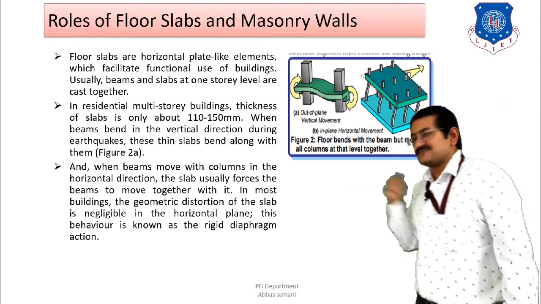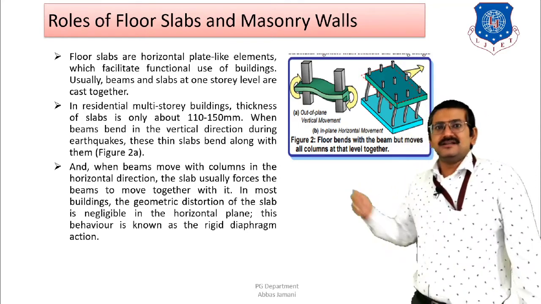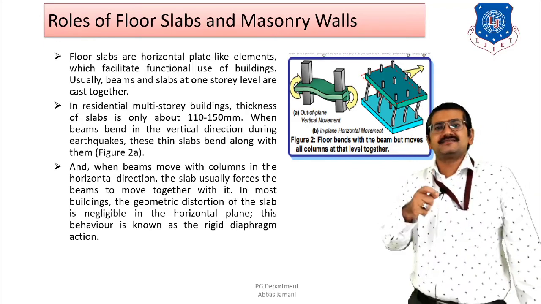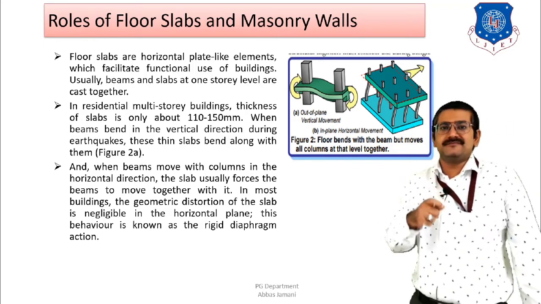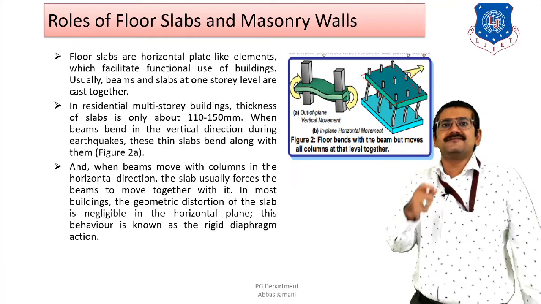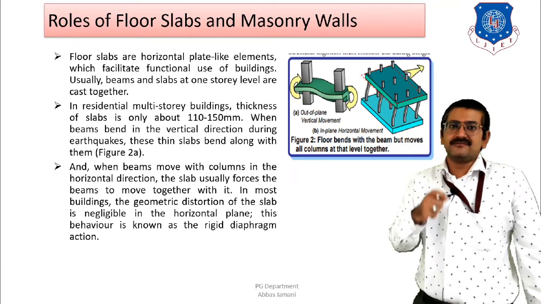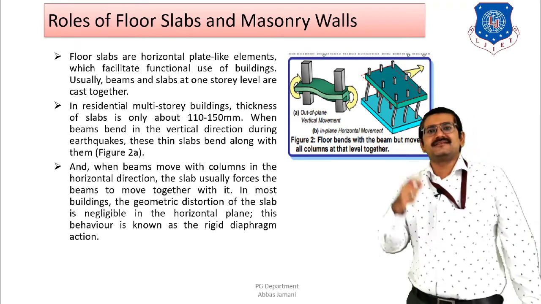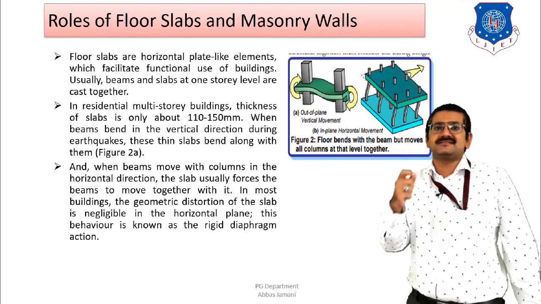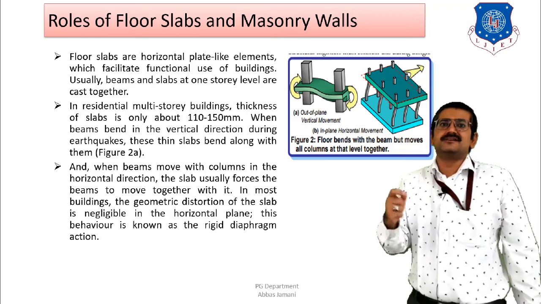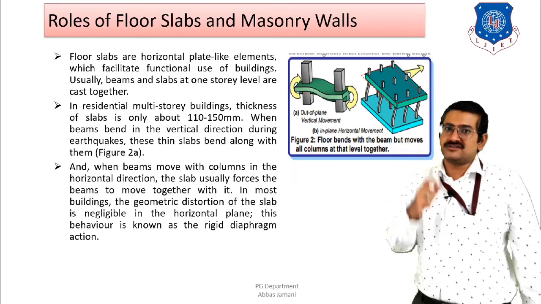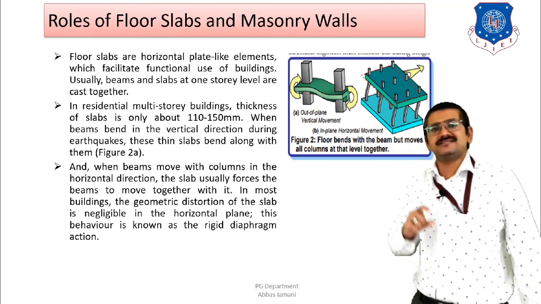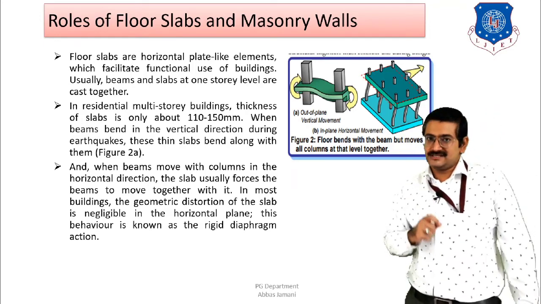So in the first figure, as you can see over here, the out of plane displacement of the slab is shown, right? And this out of plane displacement of the slab will be contributed due to the vertical deflection of the beam, because beam and slab are monolithically casted. So if the beam will deflect, then since the beam and the slab both are connected to each other, as a result of that, the slab will also undergo some kind of deformation, and this deformation will also be known as out of plane bending of the slab.